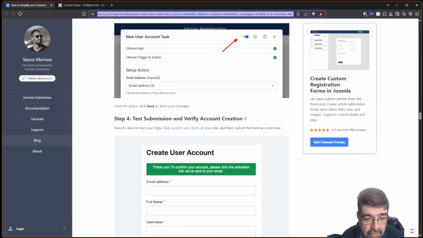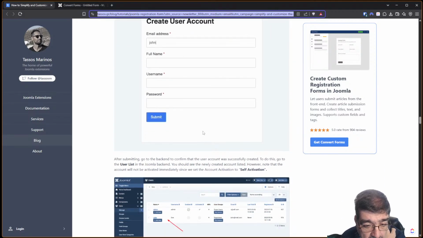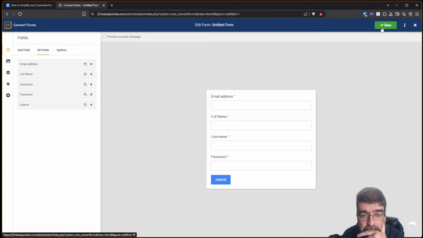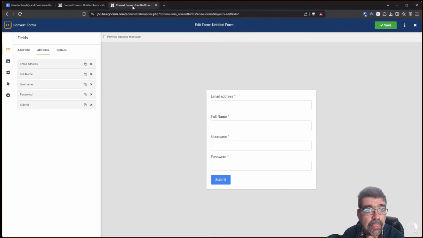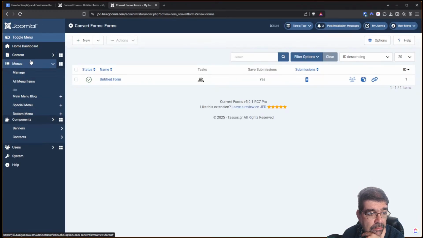Test submission and verify account creation. Now it's time to test your form. First, publish your form on your site and then submit the form as a test user. Okay, so let's publish this on the site. And to do that, we will just go submit. And then I'm going to duplicate this tab here so that I can close this instance of it. And let's just go to menu